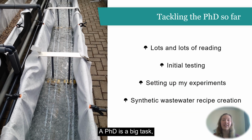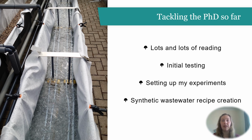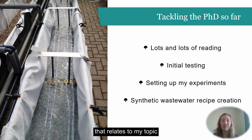A PhD is a big task, and it will take me between 3 and 4 years to complete, but it will be worth it. So far I've only completed 8 months of my PhD, but even in that time I've been keeping very busy. One key aspect of a PhD is that the produced research is new. Therefore, I've been reading lots of different literature that relates to my topic to see if it has been done before and to find the knowledge gaps so that I can tailor my research and ensure that what I do